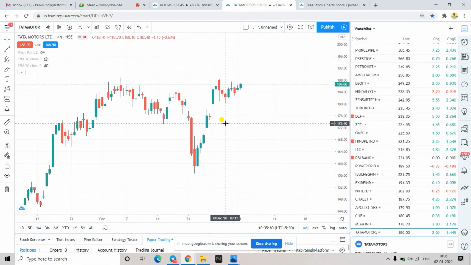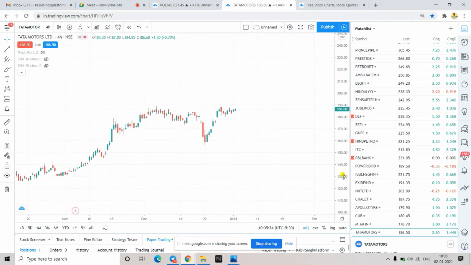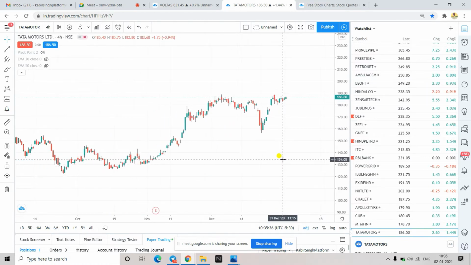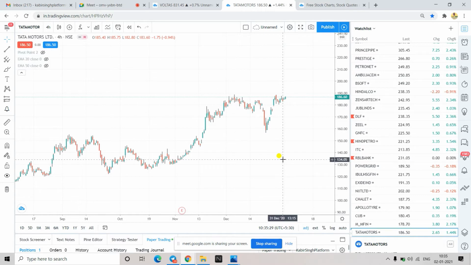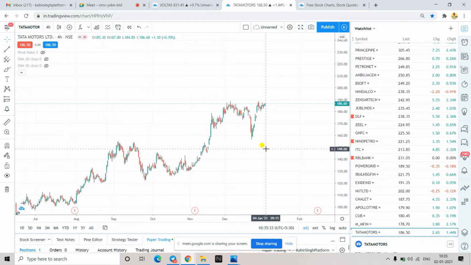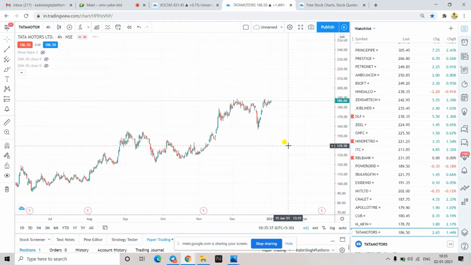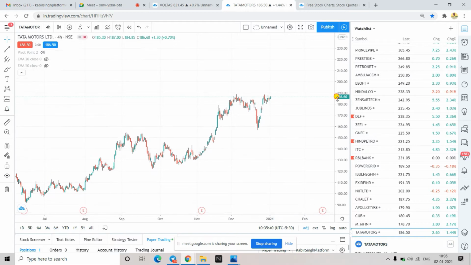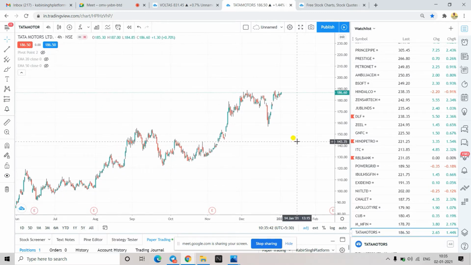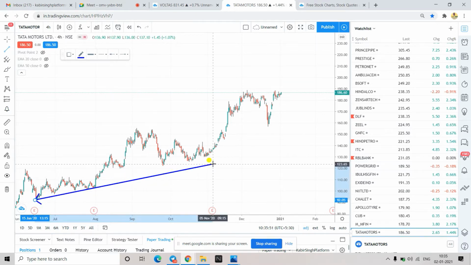So this is the 4 hours time frame which I am using. As I've told you, the 4 hours time frame is used for short term. So just shrink it a little bit. Then you should have a somewhat rough idea of what is happening. So I'll draw a few. Clearly here too you can draw, because all these points are on somewhat the same line. Right, then you can extend it.